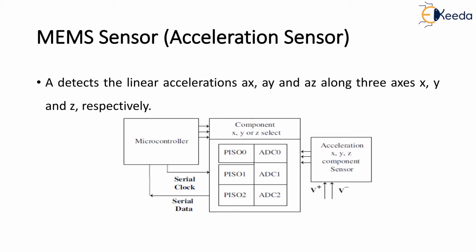The variations cause a variation in capacitance value between the 2 plane surfaces. Here the capacitance values are Cx, Cy and Cz. The value of each capacitance depends on the space between the 2 plane surfaces, which varies on acceleration along an axis. These capacitances are part of an electronic circuit, and the resulting voltage variations give AX, AY and AZ. The accelerometer sensor is used in new generation mobile phones.